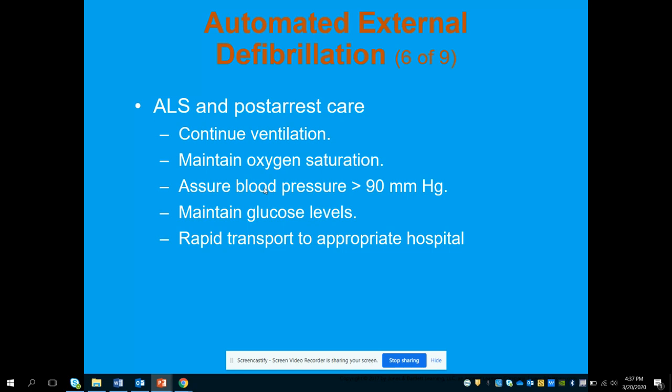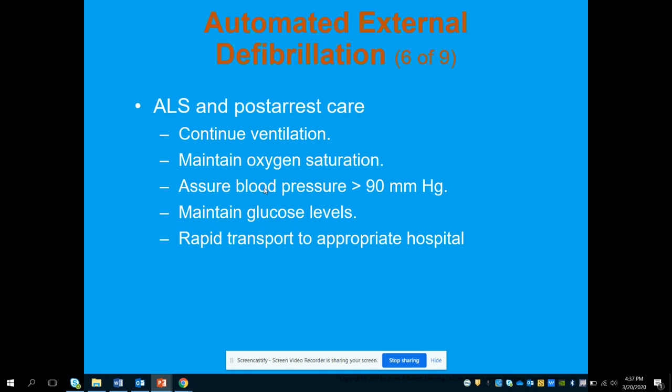If ALS is here and we are working on post-arrest care, we're going to continue ventilations for the patient. Let's say we've got ROSC at this point. The patient has regained a pulse, but they're not breathing on their own. We want to continue ventilations, keep a good oxygen saturation. Ultimately, we're trying to keep the blood pressure above 90 systolic. We want to look at glucose levels here as well, depending on your protocol, and transport the patient to an